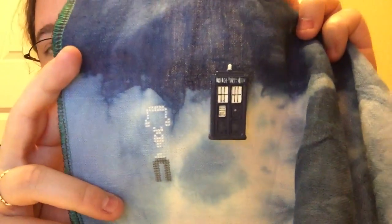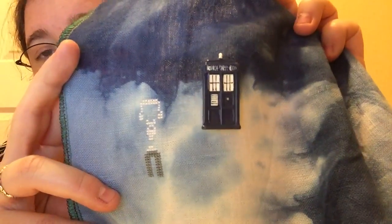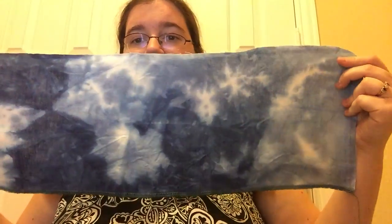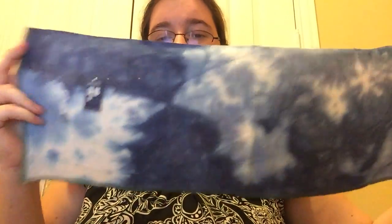And here's where I started with the first Doctor. Got my TARDIS needle minder from Minding My Minders. But I think this is going to be really pretty with all the Doctors on here. It's like TARDIS-y and outdoorsy, or sciencey and spacey,